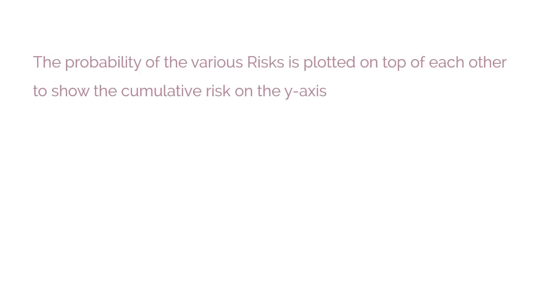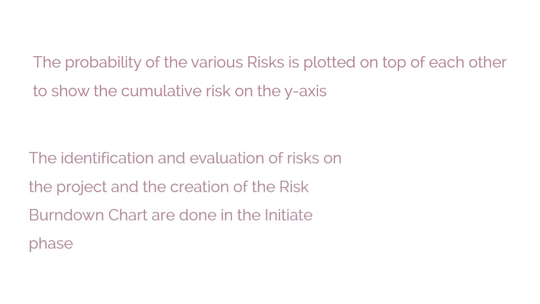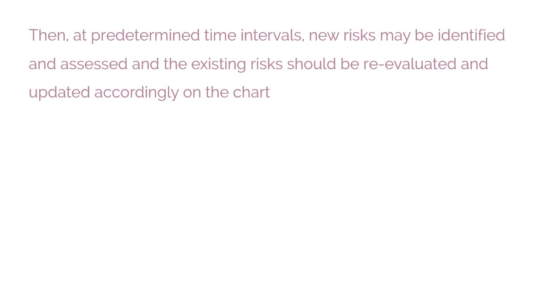A risk burndown chart depicts severity of the cumulative project risks over a particular duration of time that is acceptable. The probability of the various risks is plotted on top of each other to show the cumulative risk on the y-axis. The identification and evaluation of risks on the project and the creation of the risk burndown chart are done